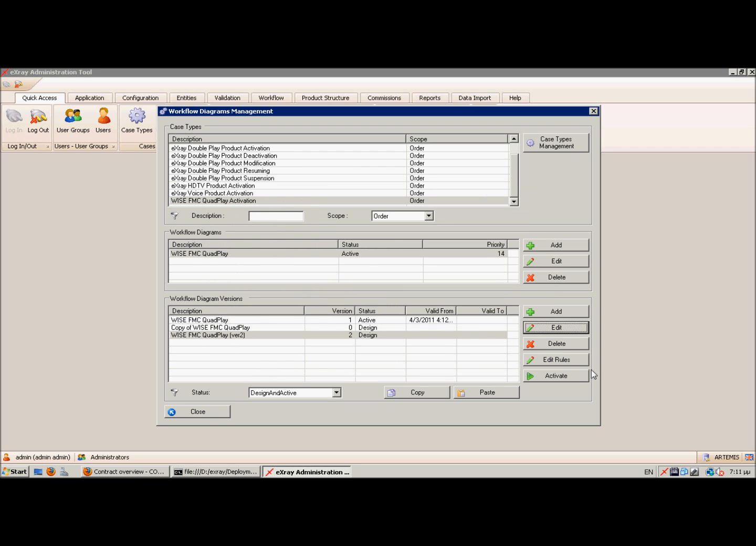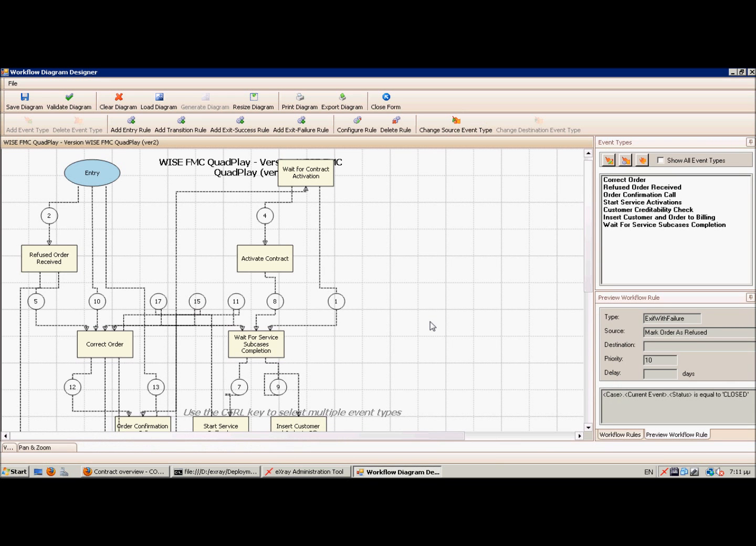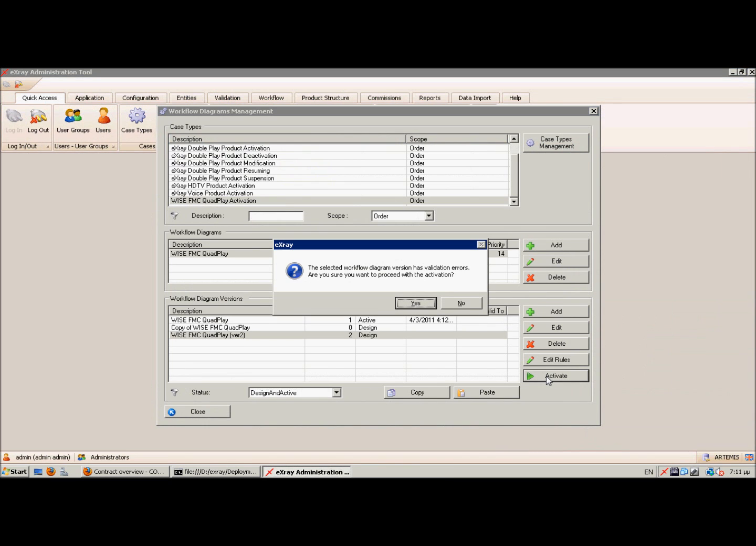and start editing this as much as we like, editing the rules of it as much as we like, and as soon as we are finished and we are convinced that this is the new diagram, we can go back and activate this and say, from now on, the new orders that will be placed will not follow the standard process, the old process, but will now follow the version number 2 process,